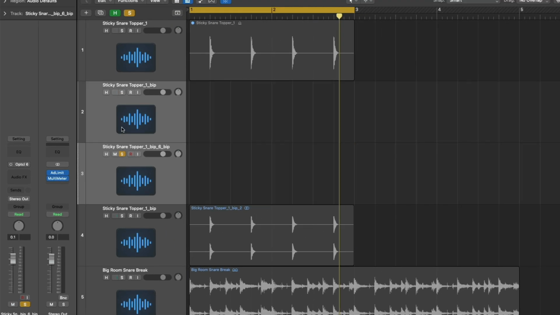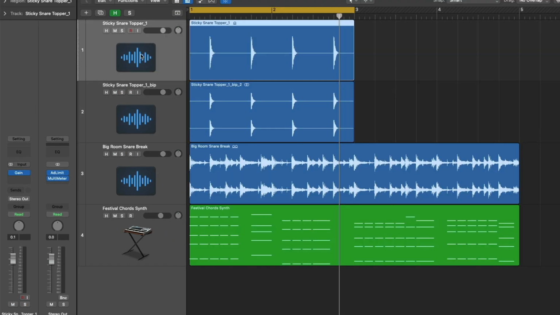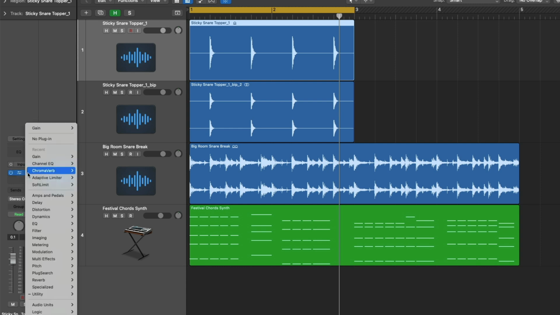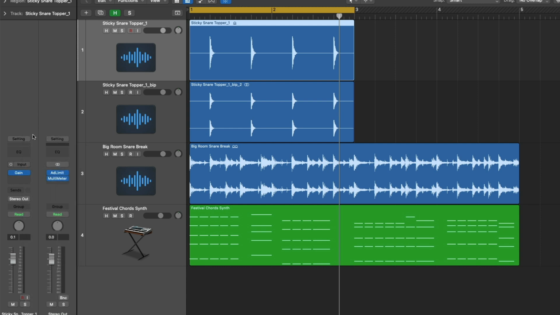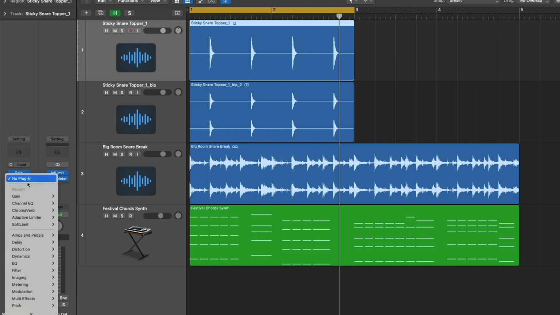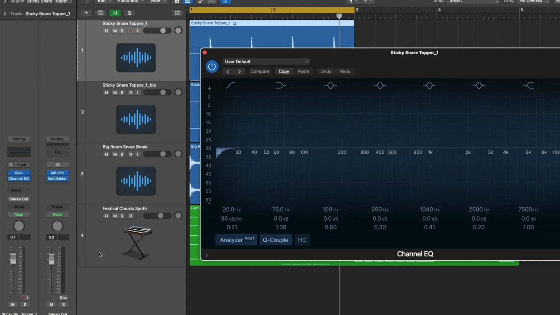Next up, you can also change the orientation of a track using the plugins in the channel strip. So we can see we have a stereo track. Let's switch it back to mono for now. Single click brings us back to mono, changes the gain plugin to mono. Now, if we try to bring in a new plugin like an EQ, we're offered the option to bring in a mono EQ. But if you hold Option and click on the right-hand side of the audio effect or an empty audio effect slot,